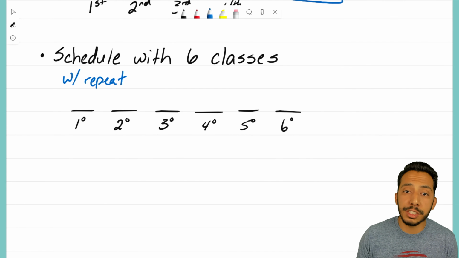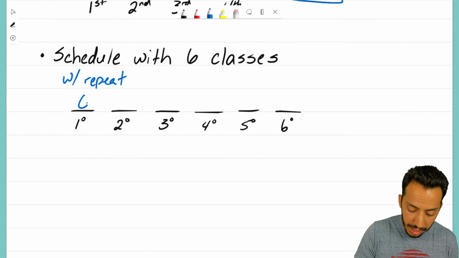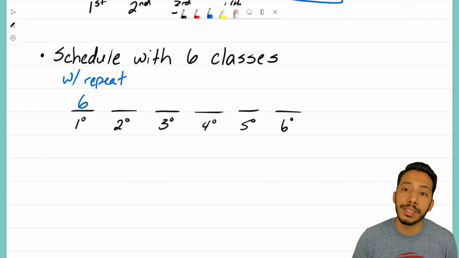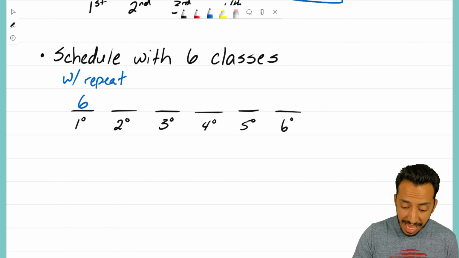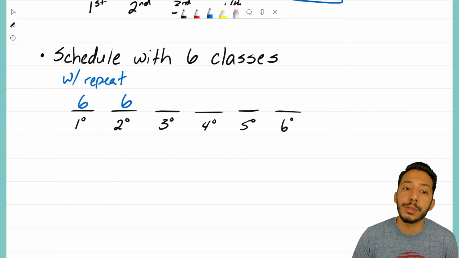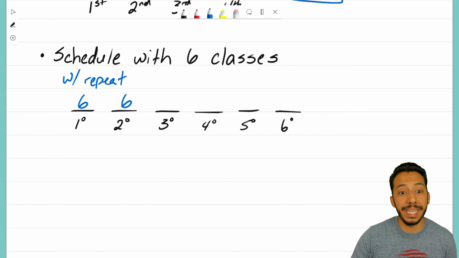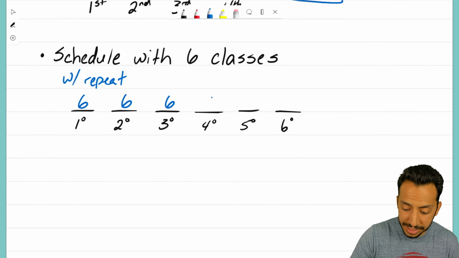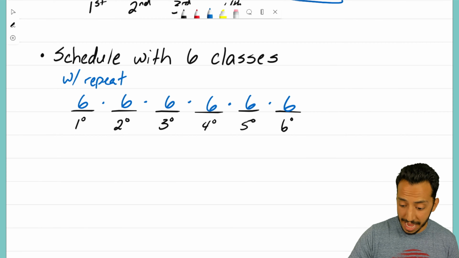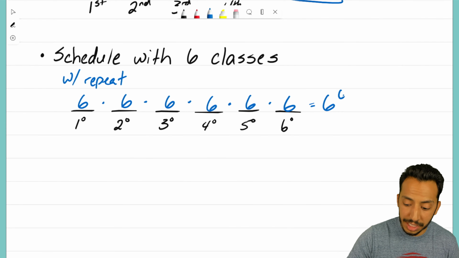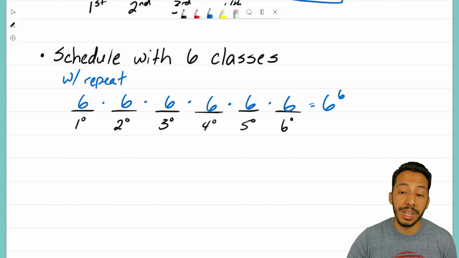We have 6 classes to choose from for first period, so now I'm going to write a 6 there. Second period comes along. I'm still going to have 6 classes to choose from, because we're not taking out an option. Okay, we're saying you can repeat a class. When there is repetition, what happens on our decision chart is all of those numbers end up being exactly the same. And this is going to equal 6 to the 6th power,